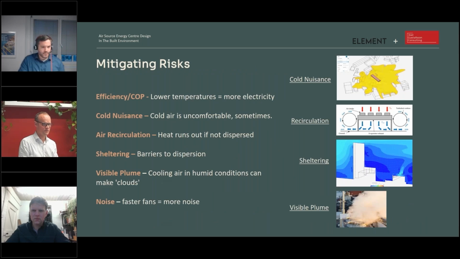And so what the CFD analysis allows us to do is look at how frequently the risks may arise in a given circumstance, and what those risks might entail in practice, so that value judgments can be made, and indeed spatial configurations altered from first assumptions. If I'm going to be candid, people typically ask us to start modelling the air source heat pump arrays when they already know it doesn't work. So we're not coming in to confirm a really simple configuration or installation.